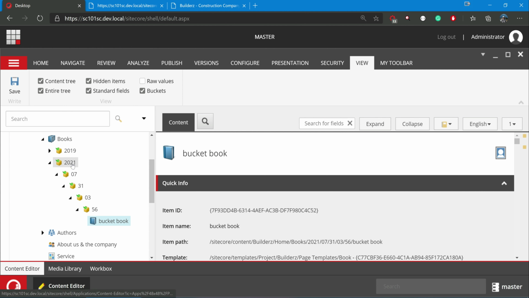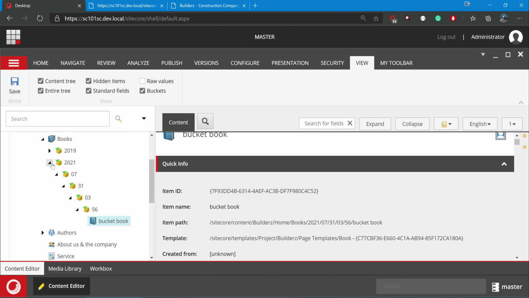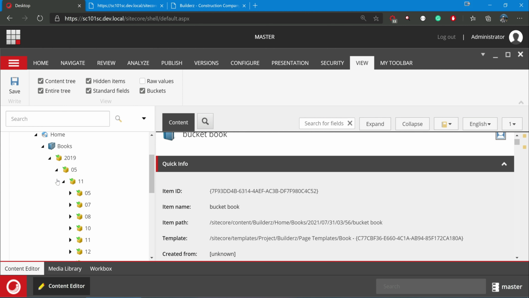See here, 2027: this is the year, month is 07, date is 31, and 356 is the time. So this is how it is getting added. You keep adding it, because these are records from my previous demos. I created them long back, that's why it's coming like this, 2019 and 5 and all. So you get items like this and you can access them.